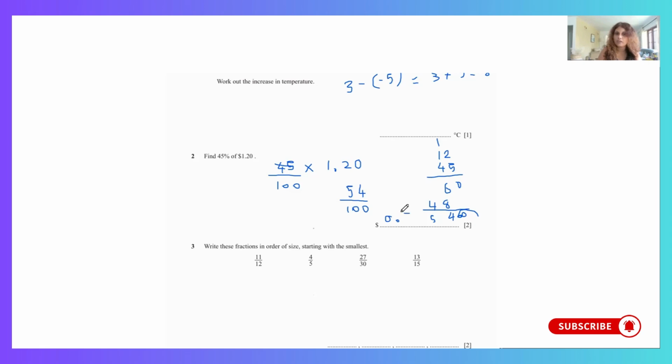Okay, so 45% of $120 will be $0.54. So what I did first, I first